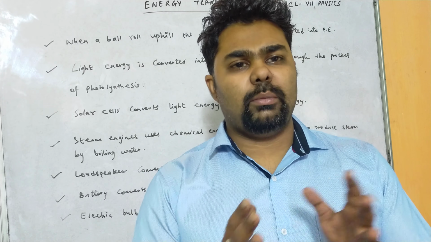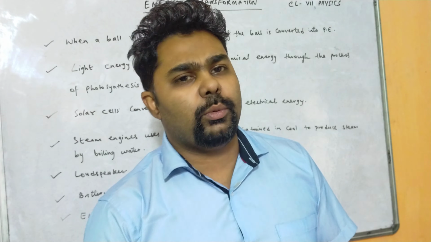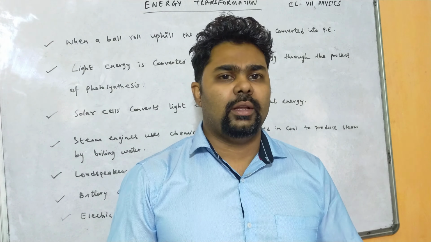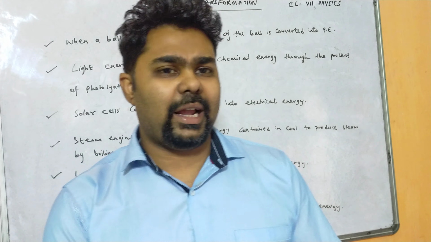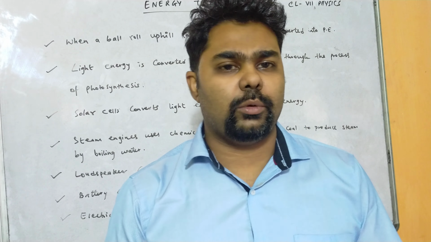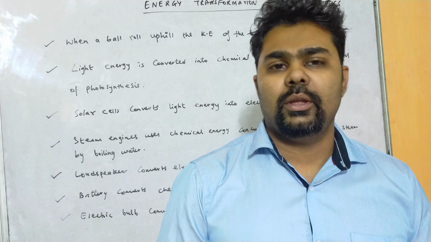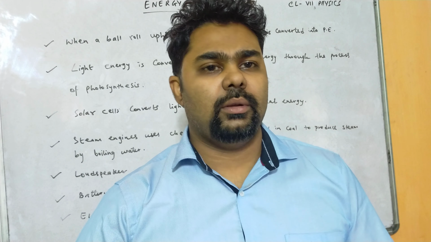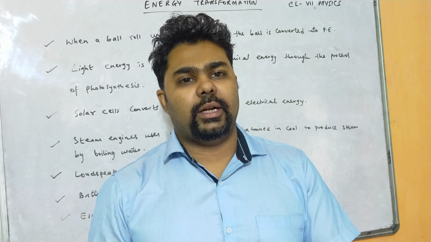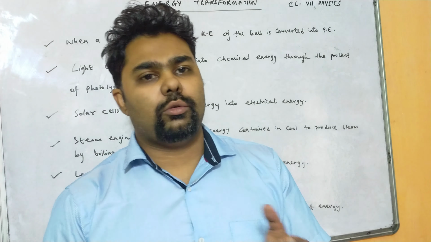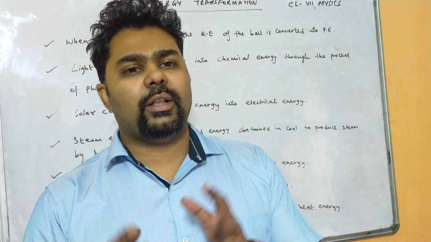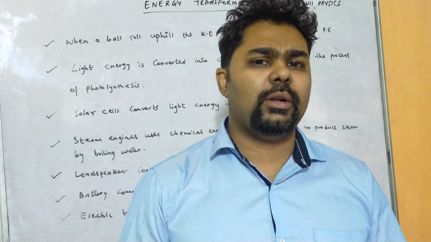Apart from kinetic energy and potential energy, we have seen there are various forms of energy, various types of energy. Like solar energy, light energy, and sound energy, that is energy possessed by the vibration of an object. There is heat energy, the energy that shows the content of energy contained in a body, which is measured by heat energy. Also we have mechanical energy and chemical energy. So these are the different forms of energy which we have already discussed in our previous video.